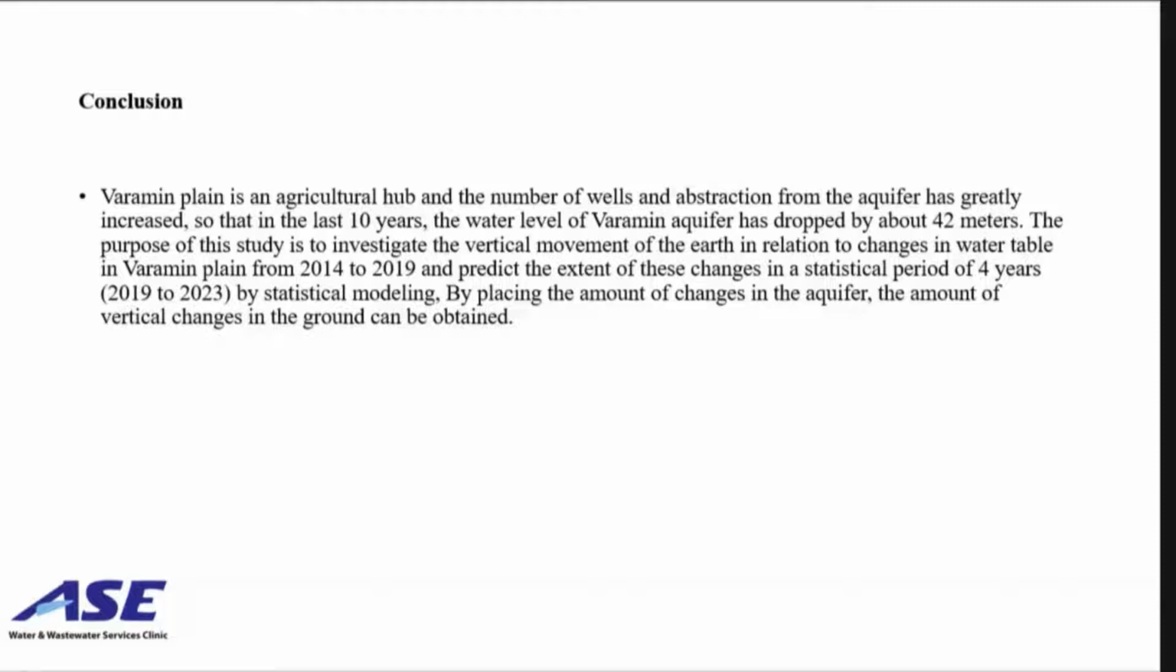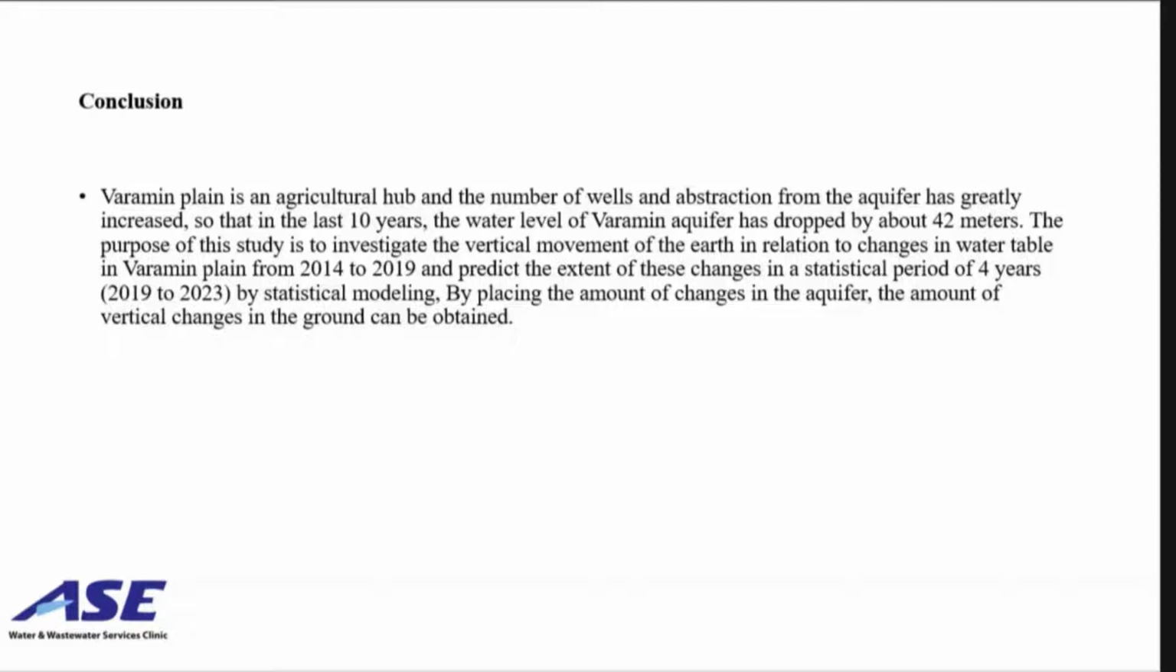And we can see in the pictures I show you in the first slides that the water level in Varamin aquifer has dropped by about 42 meters. The purpose of this study is to investigate the vertical movement of the earth in relation to change in water table in this plain from 2014 to 2019 and predict the exact of these changes in the statistical period of 4 years, which I told you about between 2019 to 2023 by statistical model, and therefore we calculate the amount of displacement in the Earth surface using INSAR